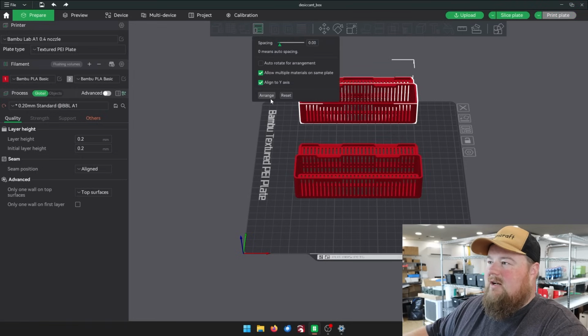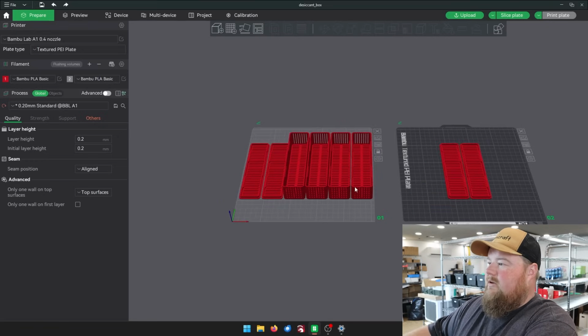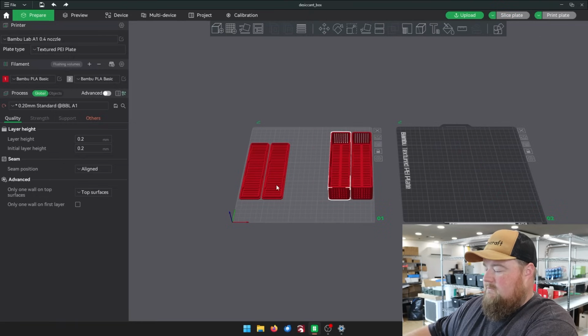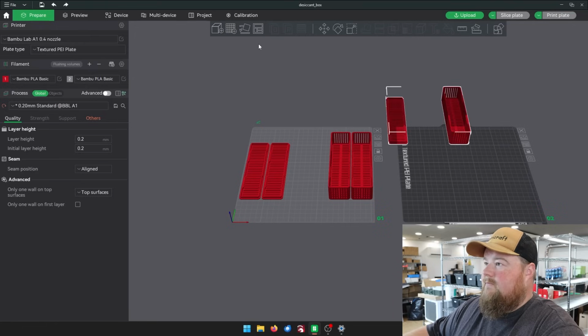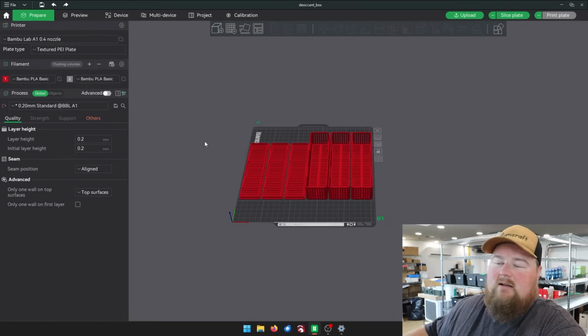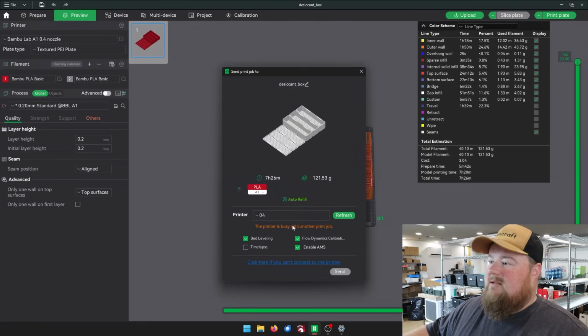Let's see if I can fit 4 on here. I don't know if I can. Yeah, the auto arrange is not going to let me do 4, so how about... there we go. I can fit 3 on a build plate. That's not bad. I have 5 totes total, so yeah, no big deal. Alright, slice this one up. This is now going to take 7.5 hours, but we need it, so let's do it. Alright, so while that is cooking, let's go ahead and check back in with our brand new roll of filament,